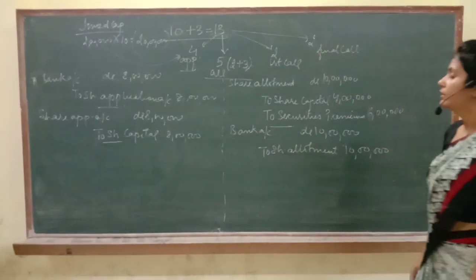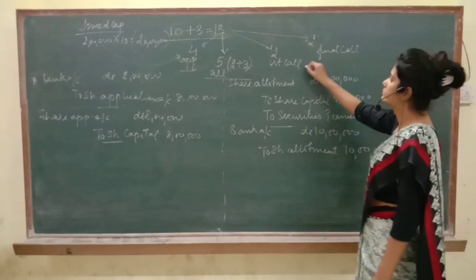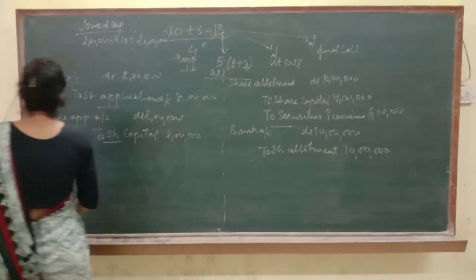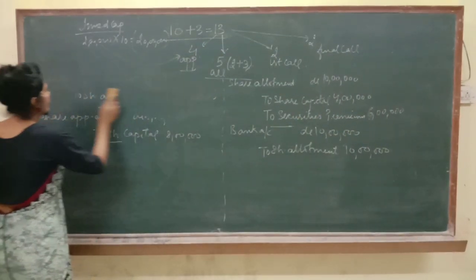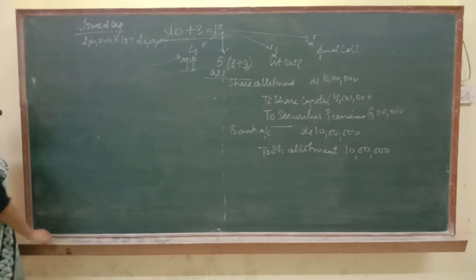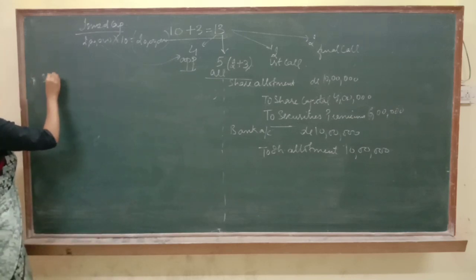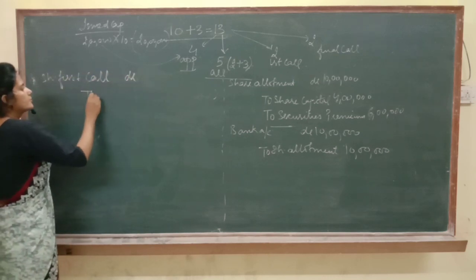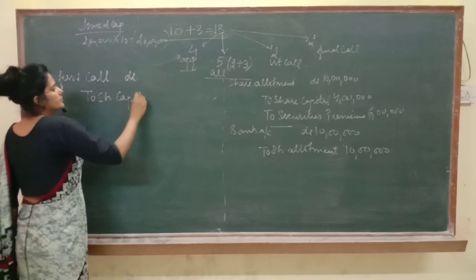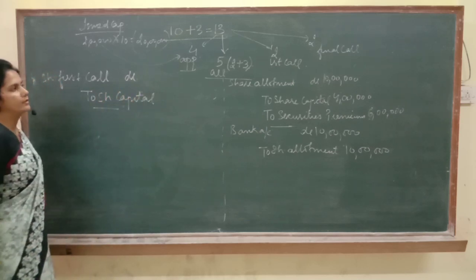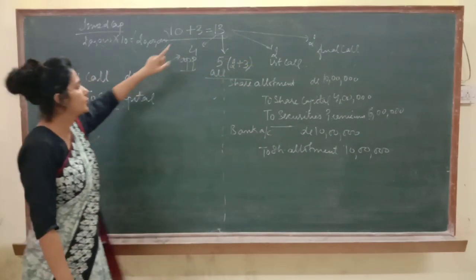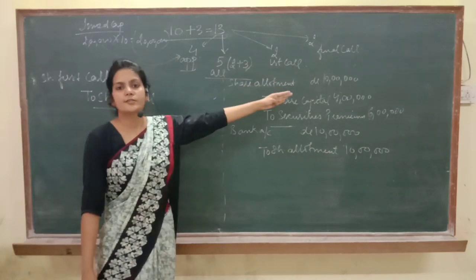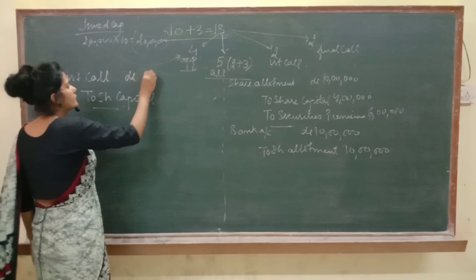Now after some time, you will tell your shareholders to pay you the first call. So what entry will you pass for that? First of all, you will inform them that they have to pay the first call to you. So the entry will be share first call debited to share capital. What is the amount of first call here? ₹2. Total shares subscribed were 2 lakh. So here how much will you write? 4 lakh.